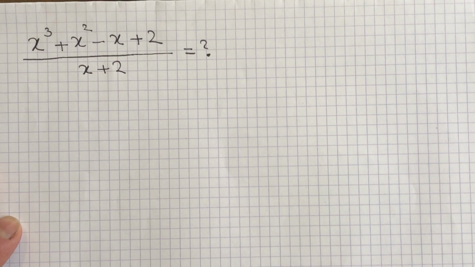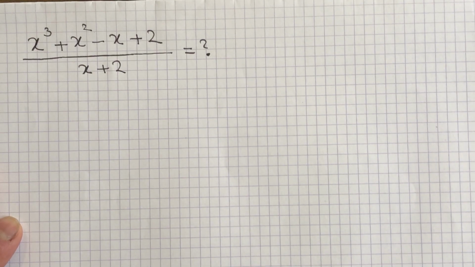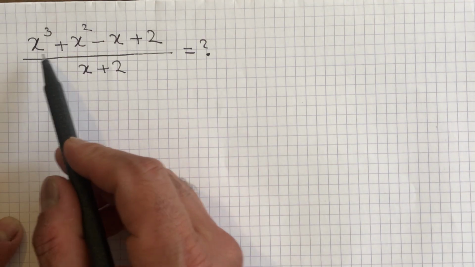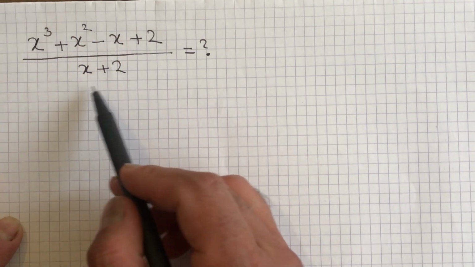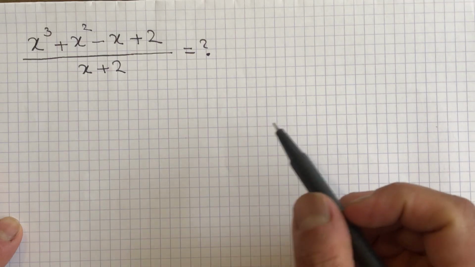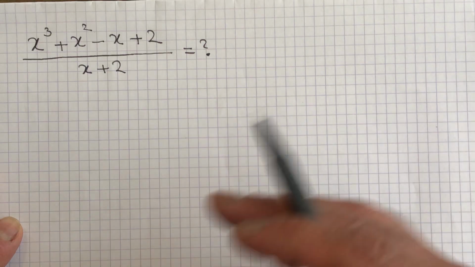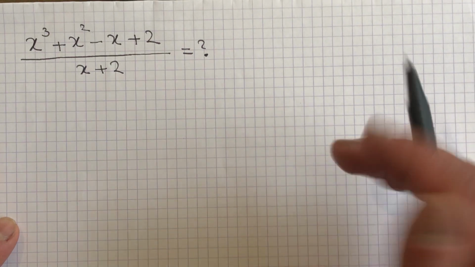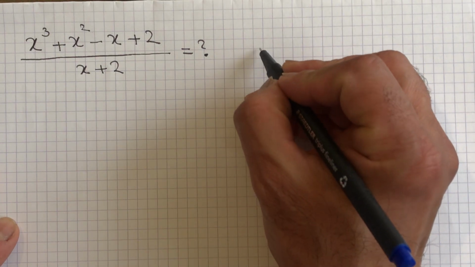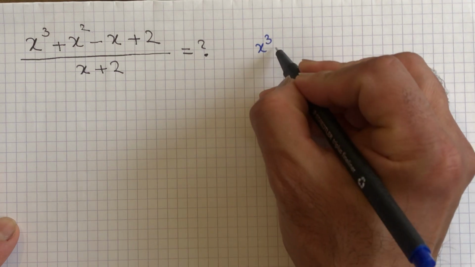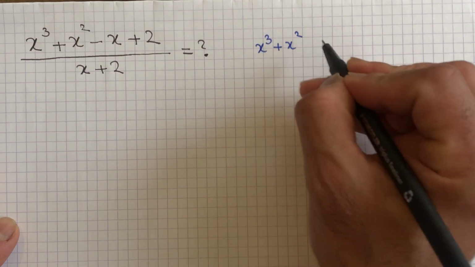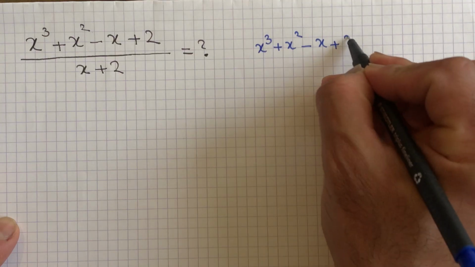Hello everyone. Today I want to show you how you can divide two algebraic expressions over each other. Here I have an expression and, for the denominator, another expression, but you cannot find the solution very simply. But with the algebraic method I can write it: x cubed plus x squared minus x plus 2